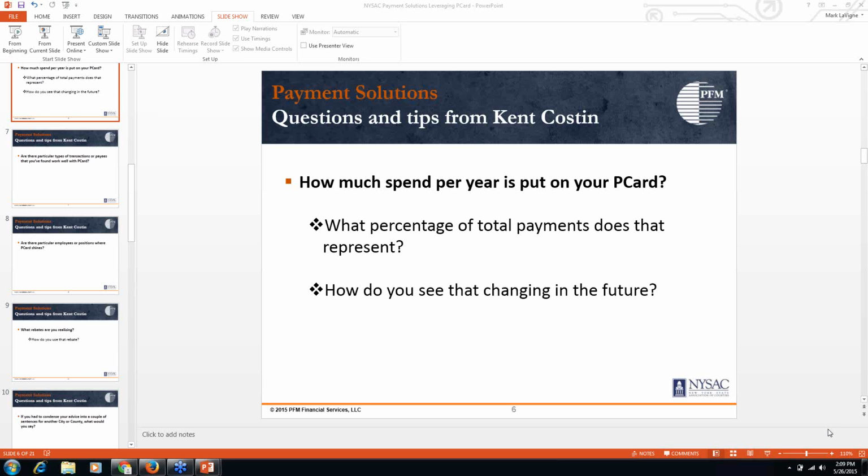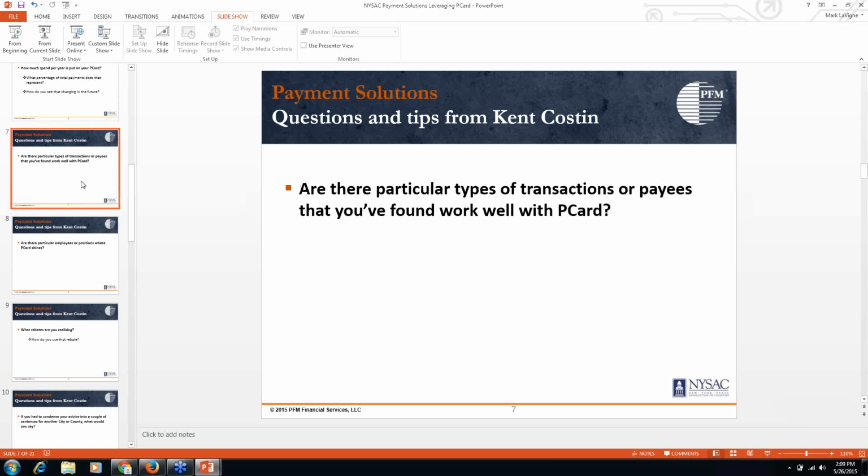I think where we rocked the boat a little bit is because they made that so easy. Our first year, we were pushing for additional volume. We actually prepaid our bill for 6 months with the approval of the Finance Committee, because the amount of rebate that we were making by doing that was more than we were making on our cash reserves. But it was short-lived, in that I think they caught on to what we were doing, and so they lowered the limits from $10,000 per transaction to $3,000 and made it a little bit more administratively displeasing to do that